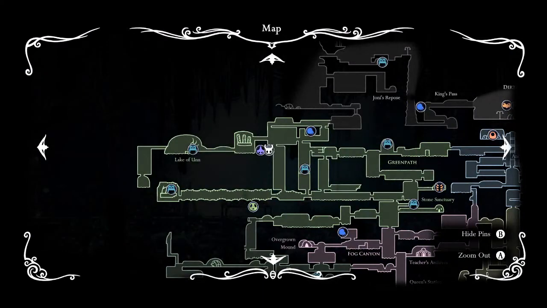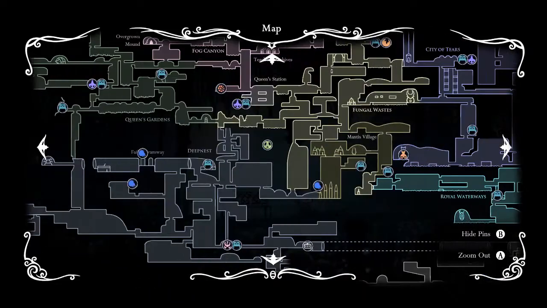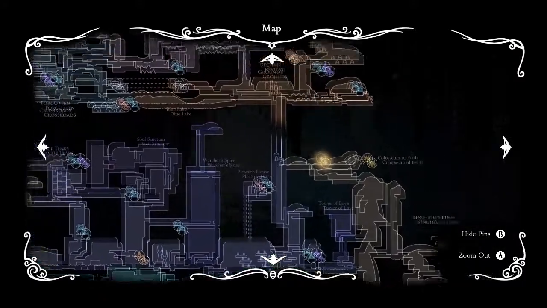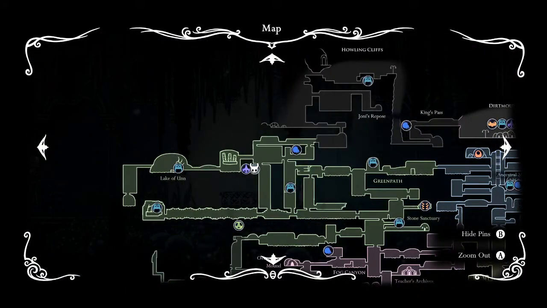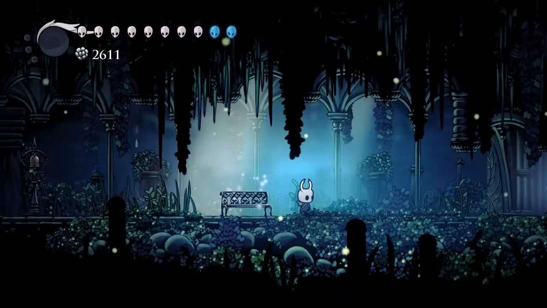I'm starting off today over in Green Path, because below us you can see there's a grub on the map, and I was looking, there's another grub over in Deep Nest, and I think those might be the only grubs that I have left to rescue. So to start things off for today, I was thinking we could do that, and we're also pretty close to Nailmaster Shio, and I've been meaning to go back and revisit the Nailmasters,